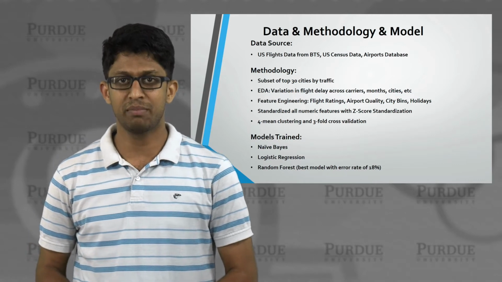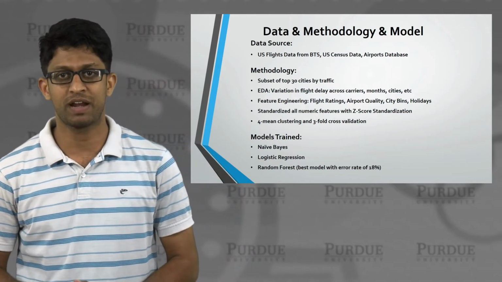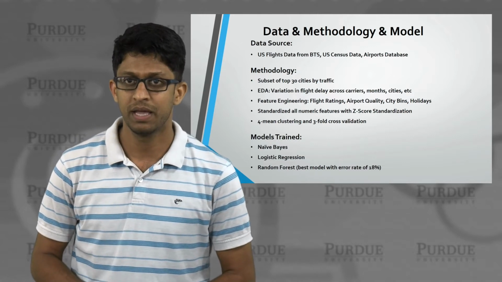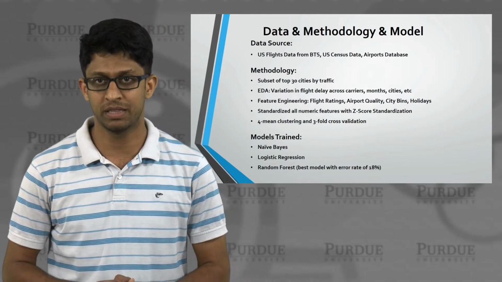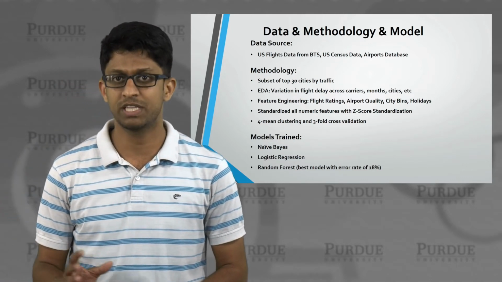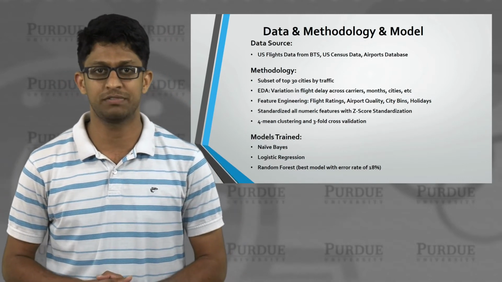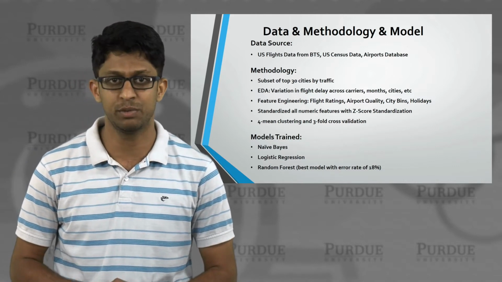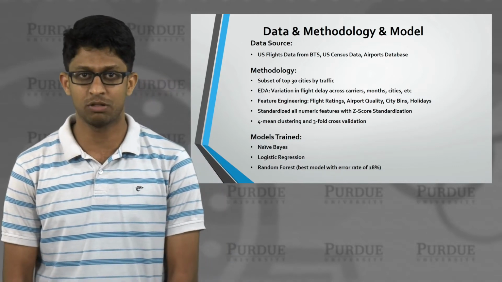So for the data set, our main data set was taken from the Bureau of Transportation Statistics of the US government, basically the flights data. And it had all the flights that are operating within the US. And we thought that the features in that Excel file would not be sufficient. So we incorporated other data, such as the US Census data and also the airport